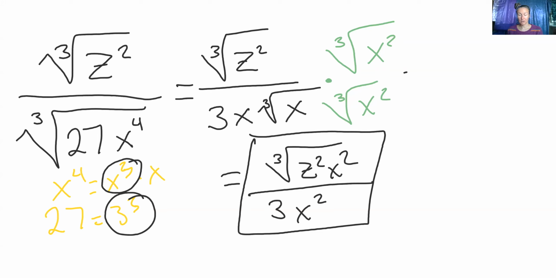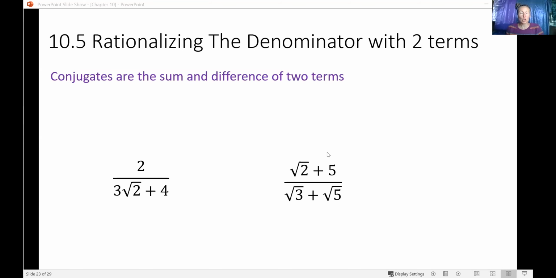Let me show you how to rationalize the denominator when we have more than 2 terms. It gets a little bit trickier, but not too bad. And you guys have already seen conjugates. Those are the trick here. So take a look at these 2